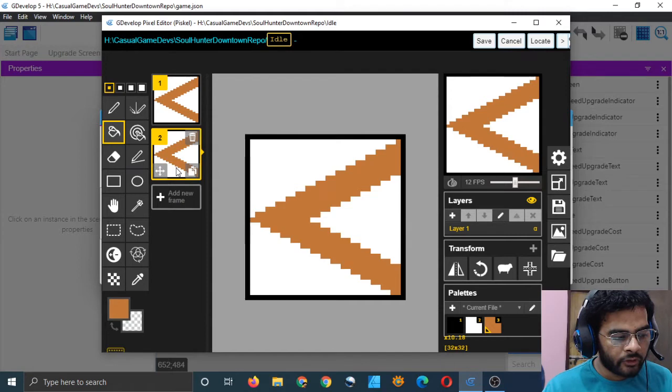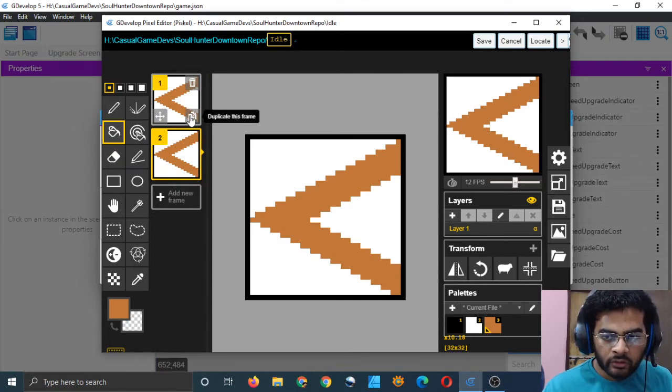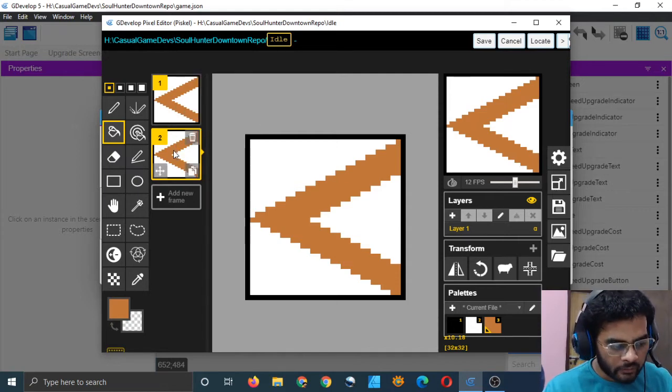The frame, the image at number 2 is the older image, and the image at number 1 is the newer image. So when you duplicated it, this duplicate function created a new image and put it here, and the older one was shifted down, right?